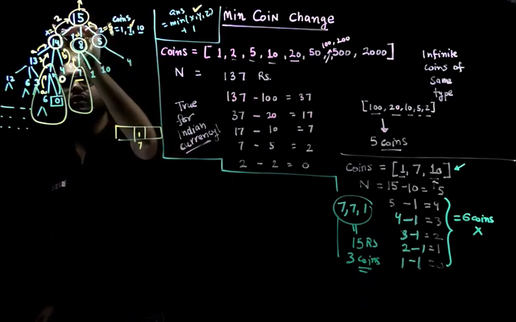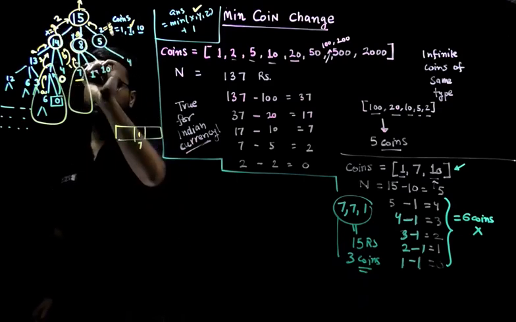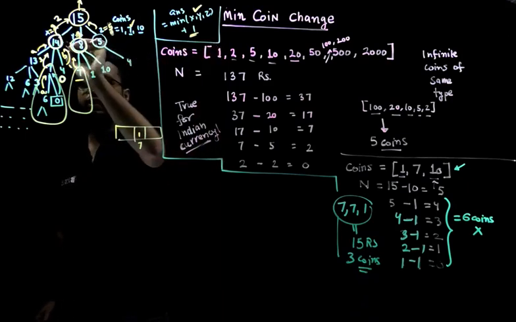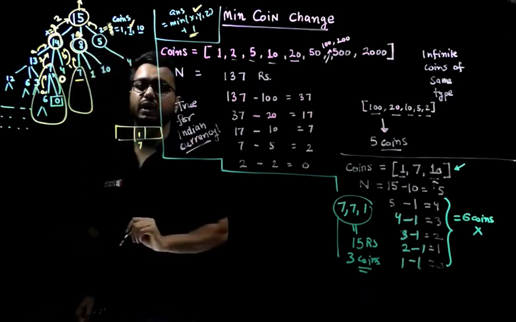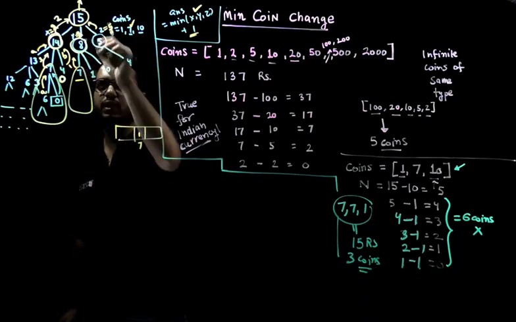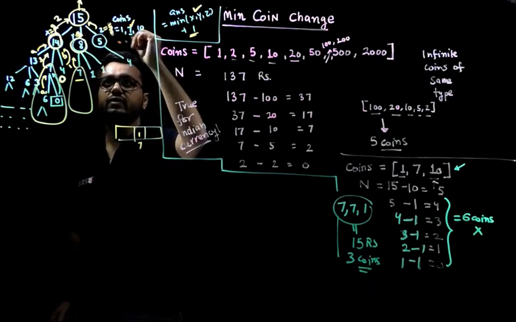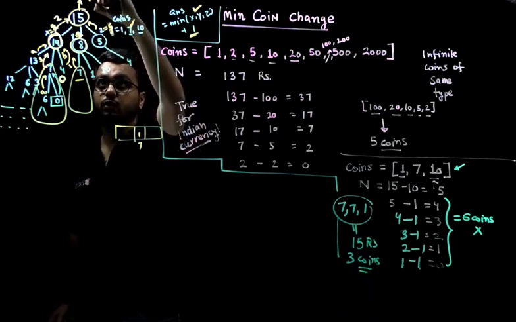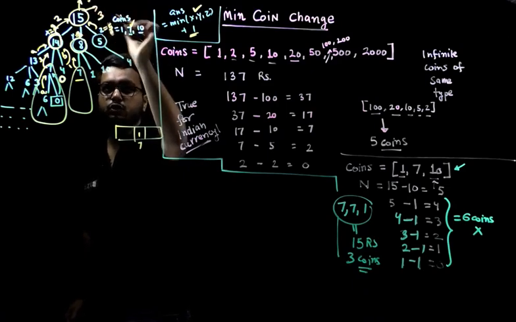for 14, this is actually going to be 2. So when you take the minimum from this, you will also add a 1 from here. So the answer for 14 is going to be the minimum of all these, which is 1 plus 1, which is 2. Similarly, the answer is going to be 1 plus 1, which is 2. So the minimum of 2, 2 and 5 is going to be 2, and you add a 1 here, you get 3. So in order to make 15 as the change, you would need 3 coins.